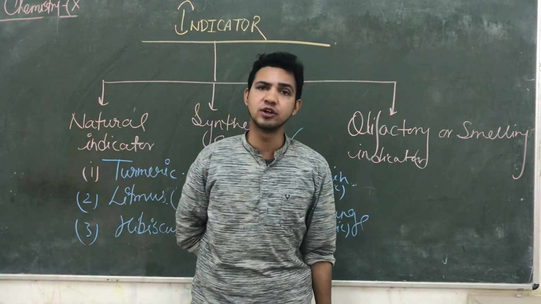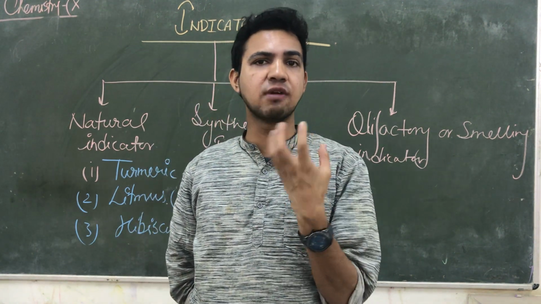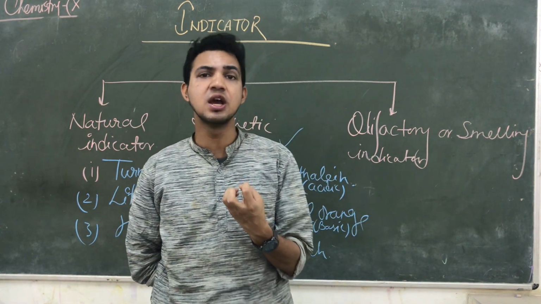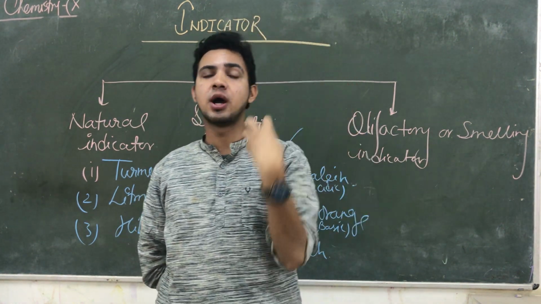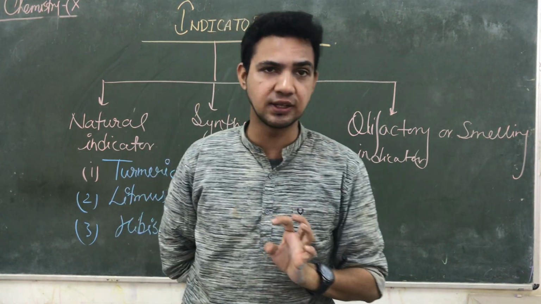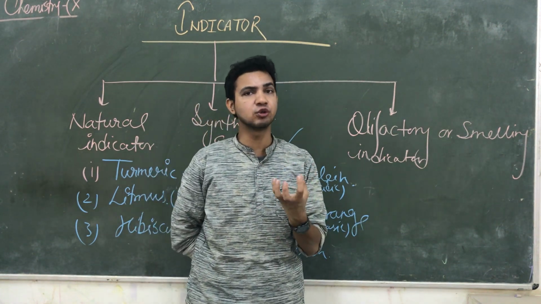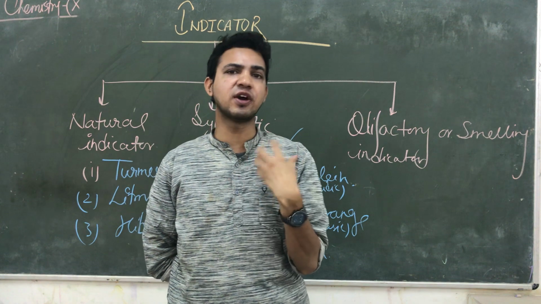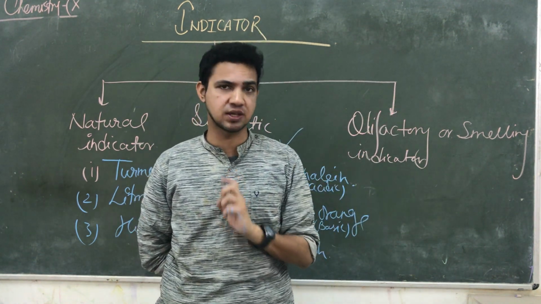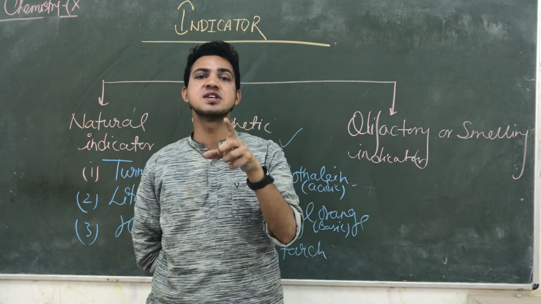Onion is also a kind of olfactory indicator. Okay, जब आप onions लेकर उसे काटते हैं तो they have some specific smell. And onion contains a very important acid, known as amino acids. So onion's nature is acidic. But when we add onion inside any food as an ingredient, जब आप onion को किसी खाने में add करते हैं तो क्या होगा? After some time, 5 minutes, it changes its smell. It means the medium inside the food is basic. वो acid था तो उसने किसकी presence को show करा? Base की, by changing its smell.